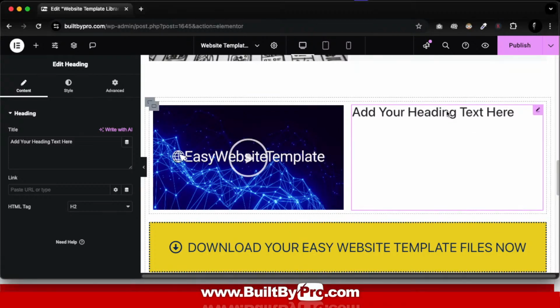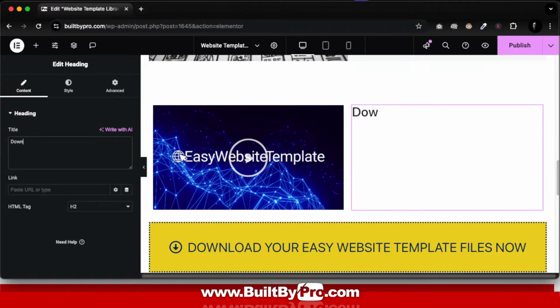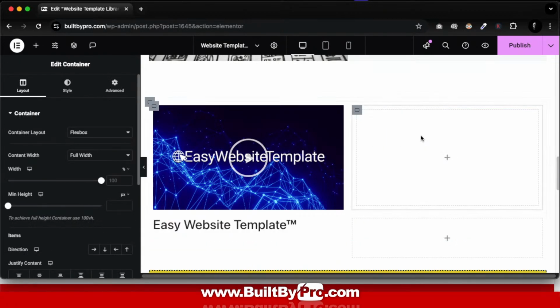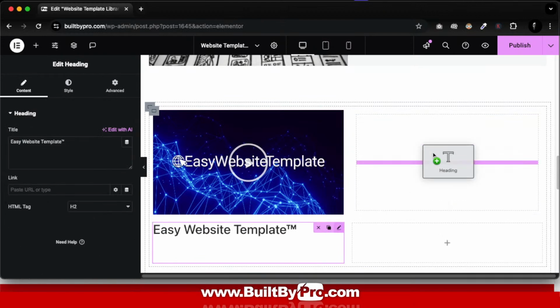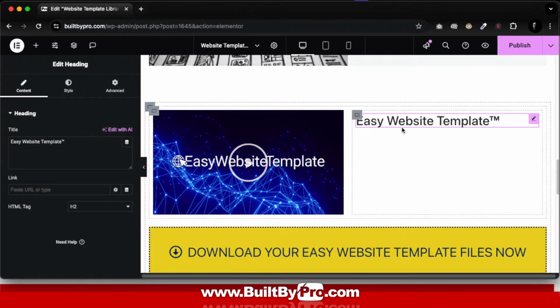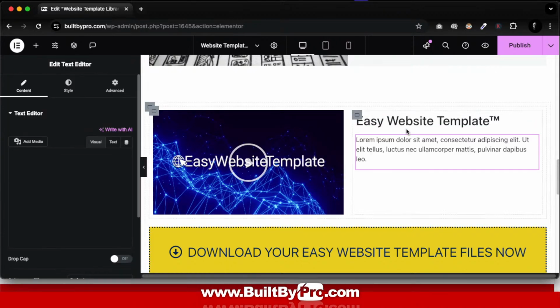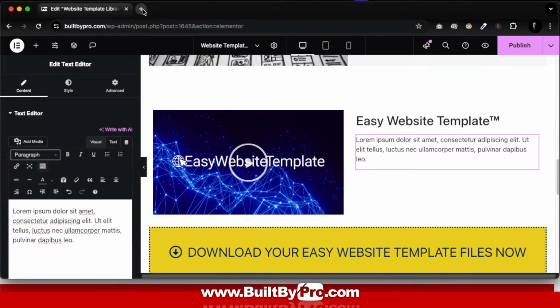So now we're going to do, and let's do a paragraph. It needs to be a container. Now we can do that. Okay, now let's go to